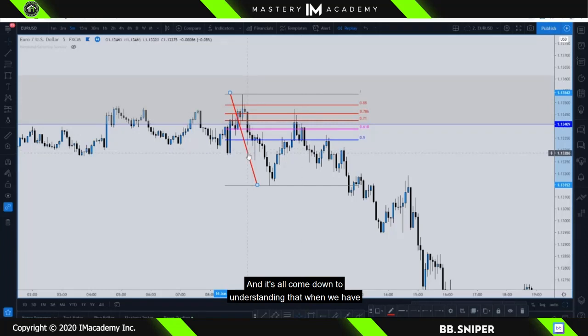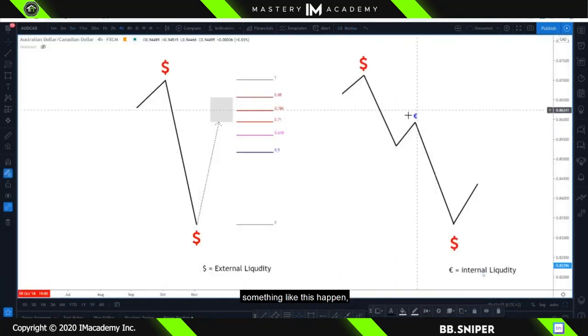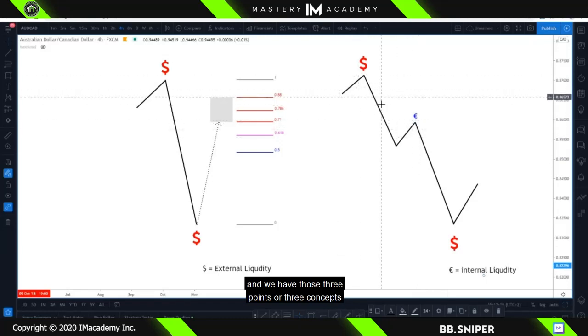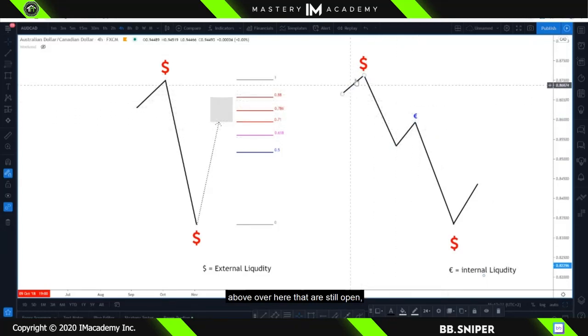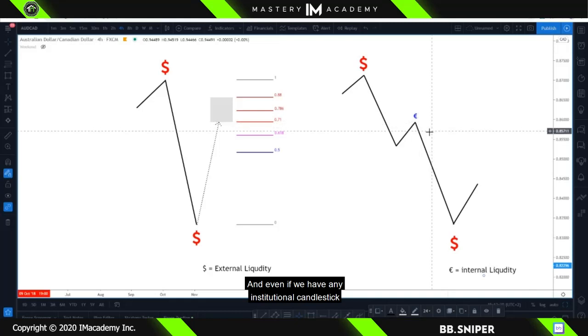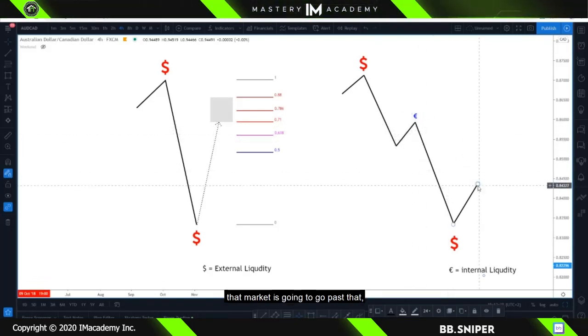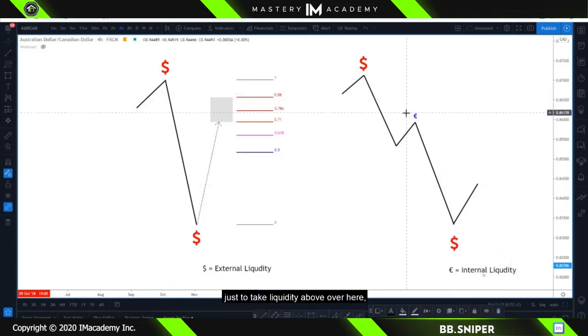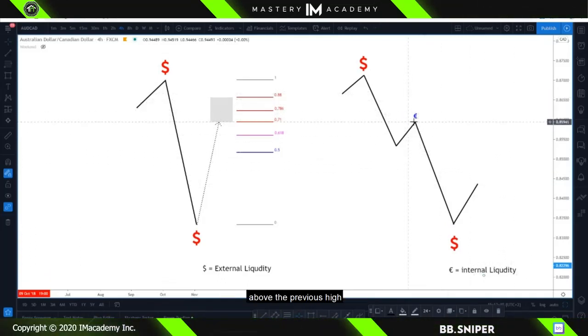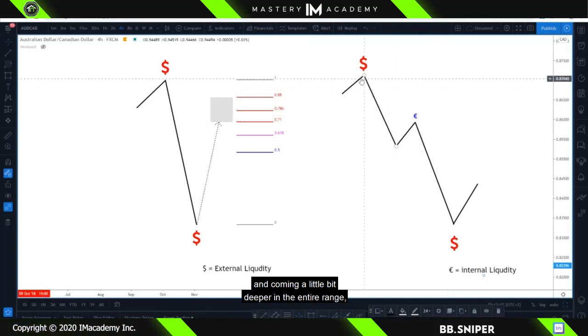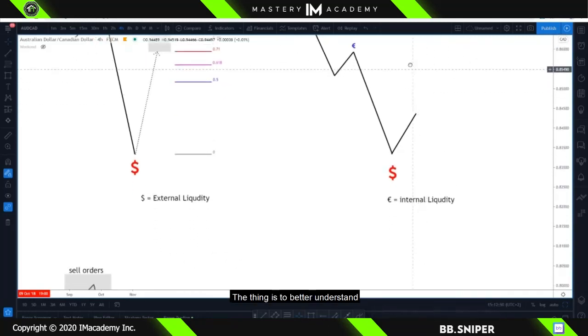And it all comes down to understanding that when we have something like this happen, and we have those 3 points or 3 concepts above over here that are still open, that could give us a beautiful run above this high. And even if we have an institutional candlestick right over here, sometimes you're going to find out that the market is going to go past that just to take liquidity above over here, above the previous high, and come a little bit deeper in the entire range, which is what we were talking about on the EURUSD example, right? Now the thing is,